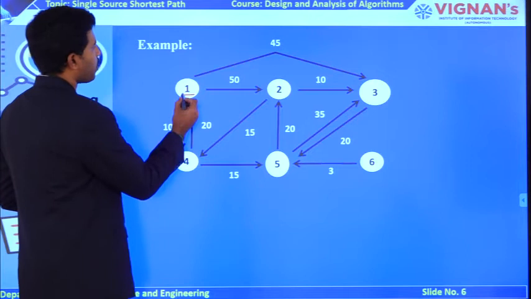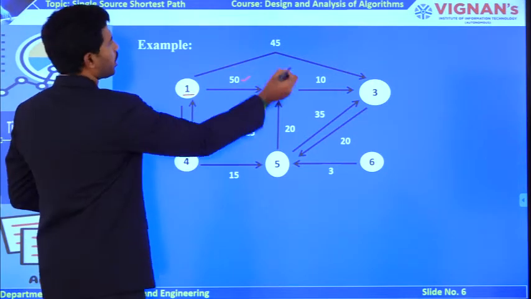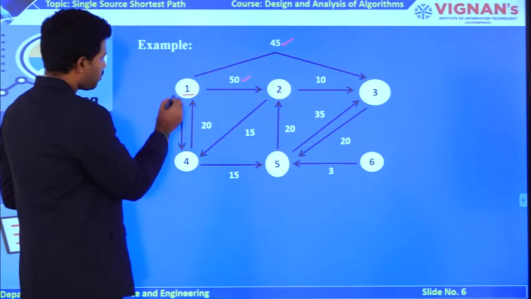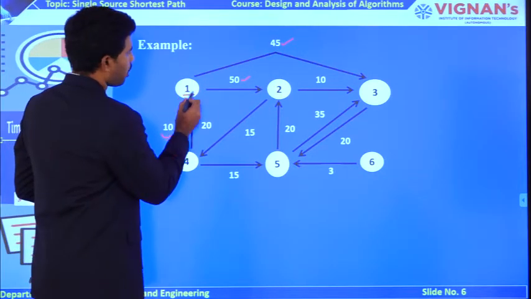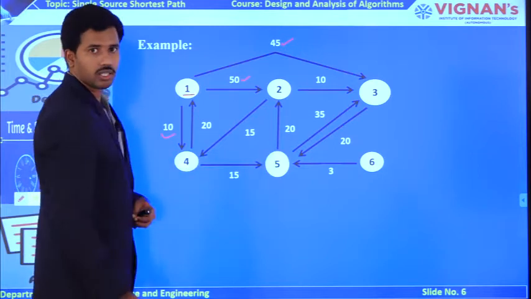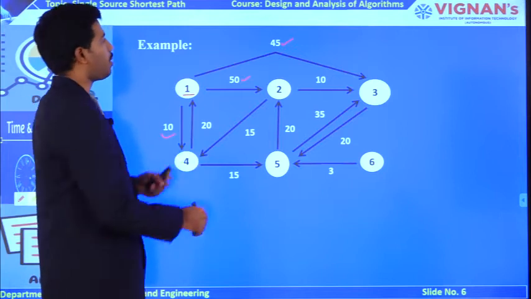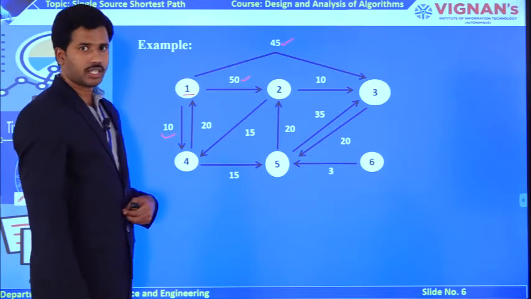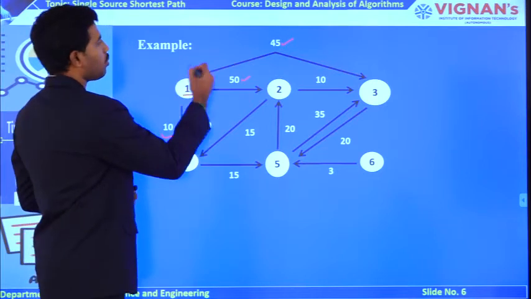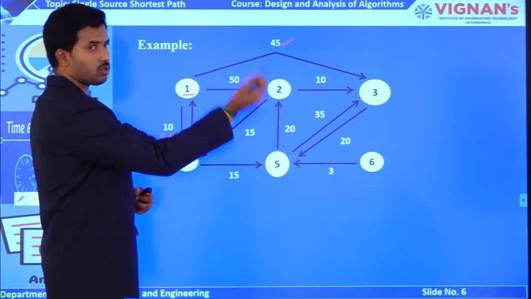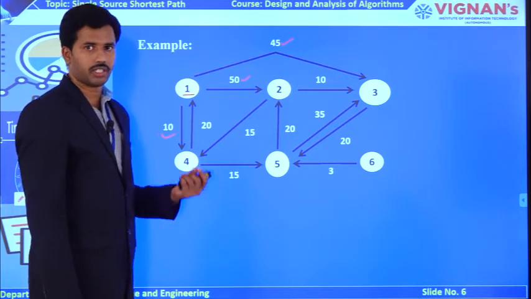You can move from vertex 1 to 2 with a cost 50. You can reach from 1 to 3 with a cost 45, and from 1 to 4 with a cost 10. It is not possible to reach from 1 to 5 as well as 1 to 6, so the cost is going to be infinity. If there is a connection, then I can update my distance; otherwise, the distance is going to be infinity. And for all the loops, such as 1 to 1, 2 to 2, 3 to 3, the values are going to be 0, and I am not going to consider them.